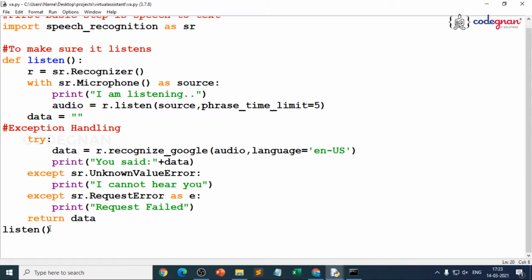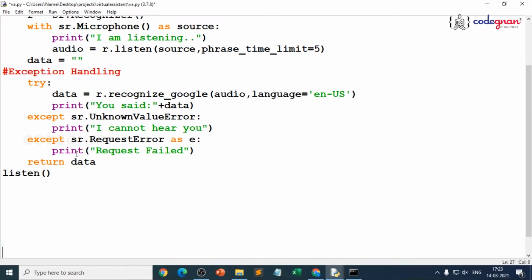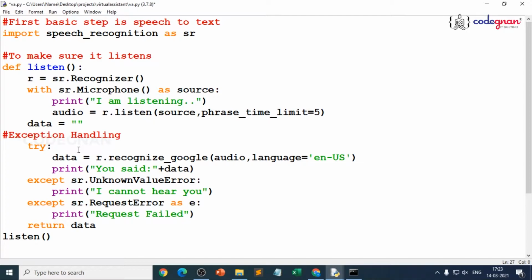So now what we'll do is we'll make our virtual assistant start speaking. In the previous video we have seen it has just given whatever word we spoke, it has just given the text. Now what we'll do is we'll create another function, but now you should go for using gTTS because I've already installed it in the beginning.